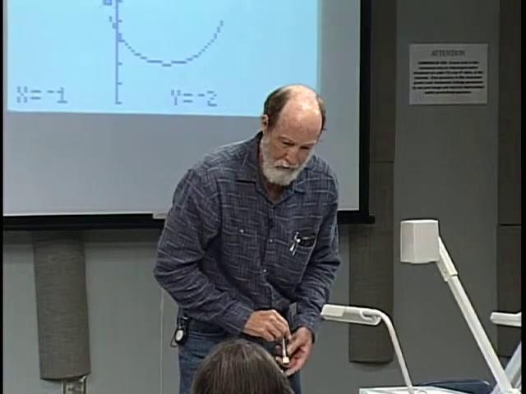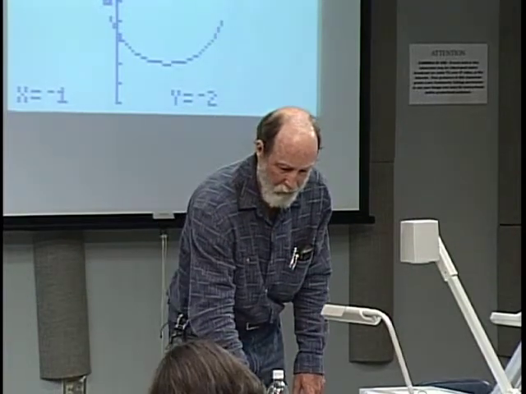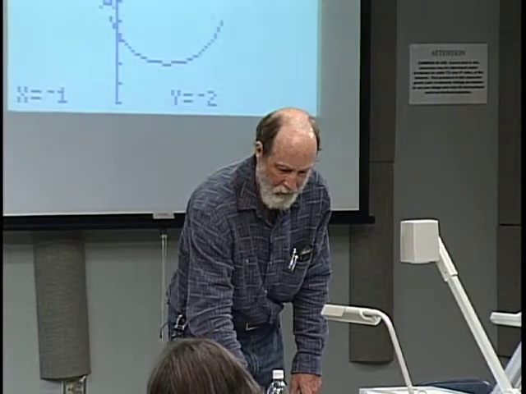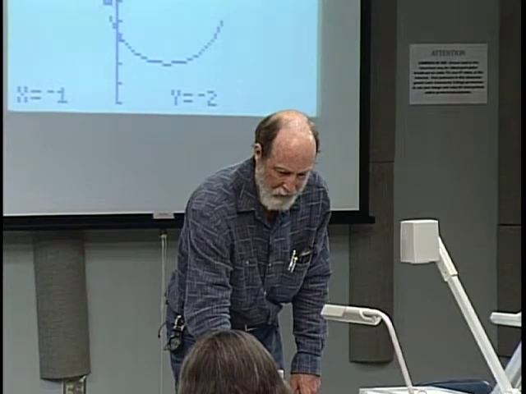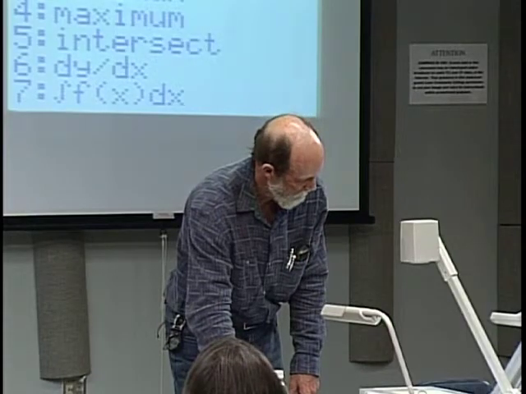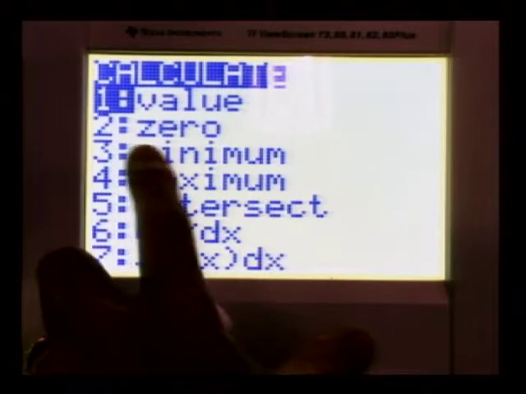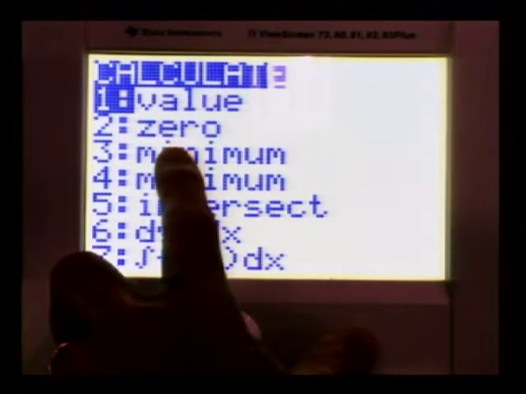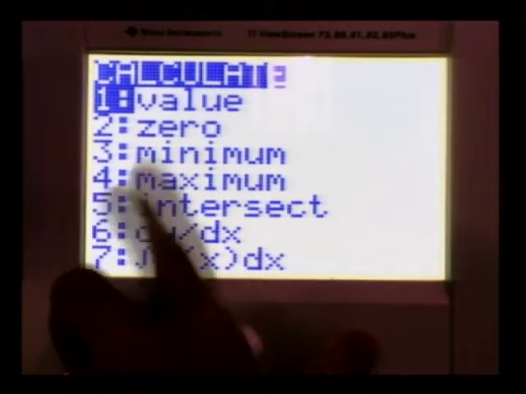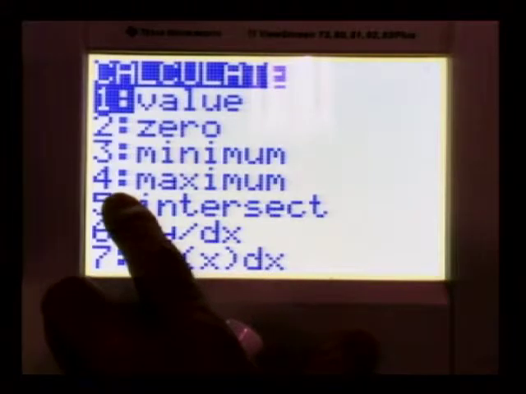Okay, here's how you do it. On your trace key, if you use the calculate feature, so you have to use the second key or the shift key and calculate, you get this screen. And notice there are a variety of items here. On your homework quiz, you were asked to find zeros of a function, and that's item number 2. Here is how I could find a maximum. So I'm on that top function right now, the circle. So if I pick item number 4,